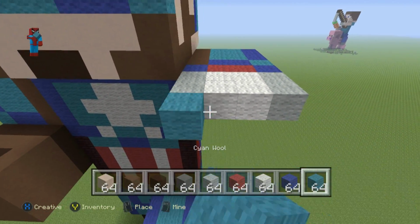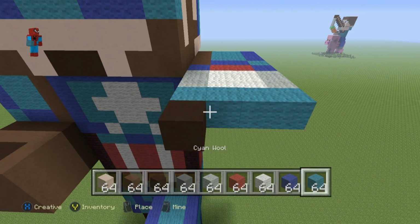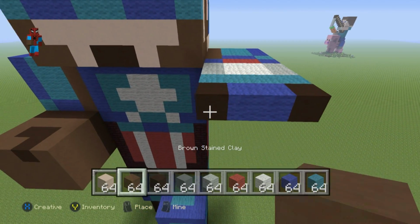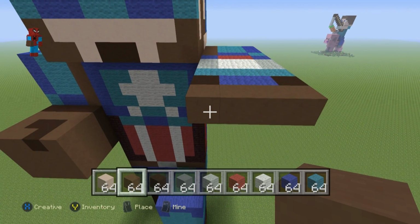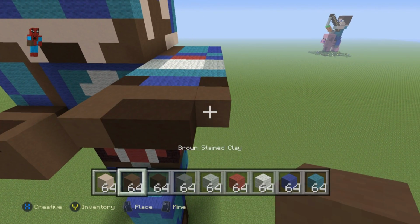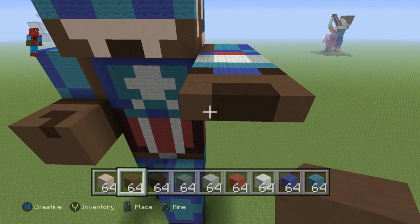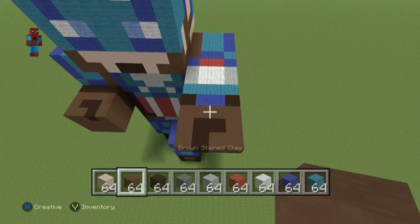Then for the next row, do a row of cyan wool. Then do 1 black stained clay, 2 dark blue, 1 black stained clay. Then do an entire row of brown stained clay. Then for the next row, 1 brown stained clay, 2 black stained clay, 1 brown stained clay. Then for the next row, do 1 brown, 1 black, 2 brown stained clay, and you should end up with